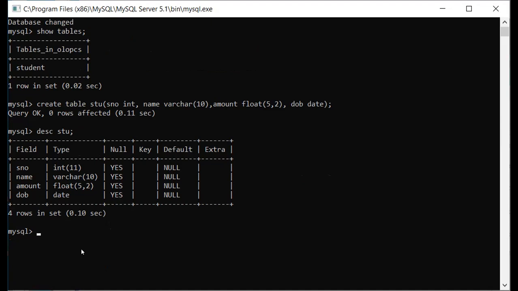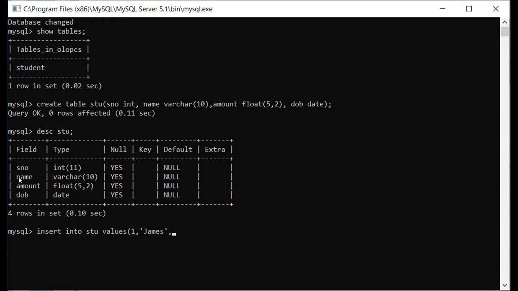Fine. So now if I am going to insert the values, the command is insert into, my table name is STU, and then the values part. Again, I need to follow the same sequence. It means first I need to pass the value for serial number. Let it be 1. Then for name, because it is of varchar or char type, I need to pass the information in the form of either single quotes or double quotes. So I'm using single quotes here. It is completely your choice.